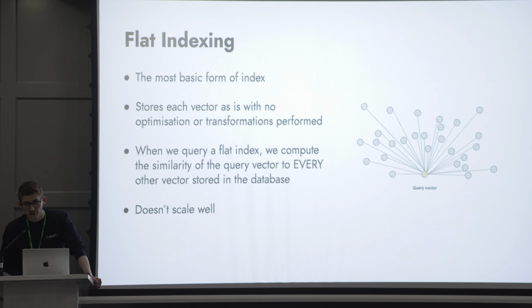All it does is it lashes every vector that you have into the database, and then when you want to find what vectors are similar to an input vector, it compares it to every other vector in the vector database. So this is essentially the equivalent of having a pandas data frame of sentences. You might use a sentence transformer to encode them all, and then when you get a new vector, you'll go, okay, get the similarity to everything in this pandas data frame, sort by order descending, give me the top 10 results. Now, you can see how that just won't scale well past maybe 10, 50, 100 vectors,